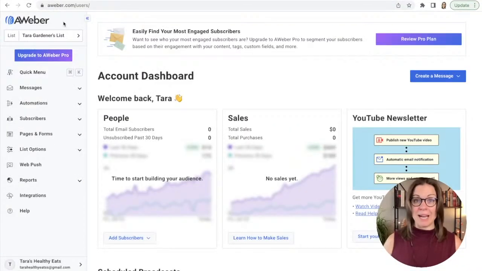Okay, so we're back in our dashboard, and now we actually need to go over to the campaign that we want to allow people to opt out of. In this case, I'm doing this with an auto newsletter if you have one of those set up. If you don't have one of those set up, check in the show notes for a link to the demo on how to get one of those set up. But you could do this for anything.